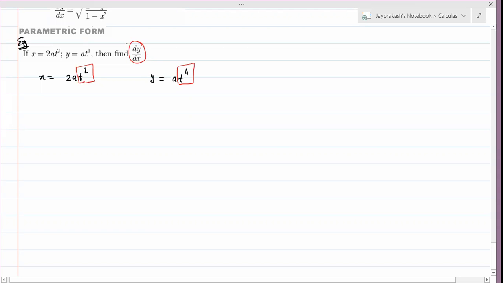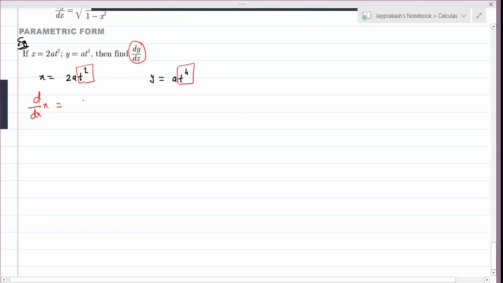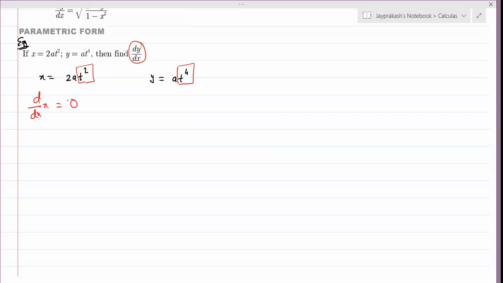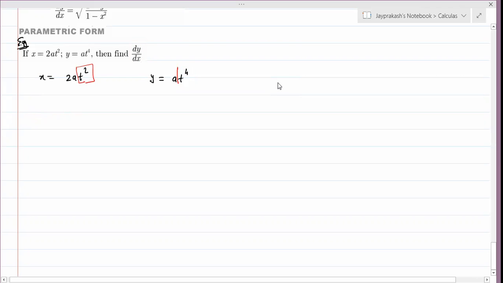So if I differentiate this x with respect to x, this side whole term will be 0, right Shivam? Yes sir. Because if we consider t as a constant, until now what did we do? Apart from the x, y whatever the coefficient or variable is there, that everything is the constant. Now if we follow the same method here, then we don't get anything as a dy by dx, we will get only zero. So in such equations, first we have to find the parameter, that is, which value is running as a variable in both, which we cannot make zero, we can't consider as a constant term.